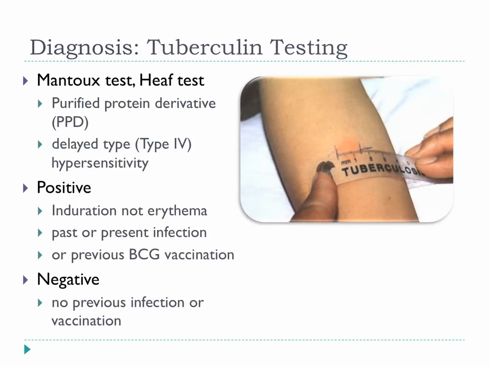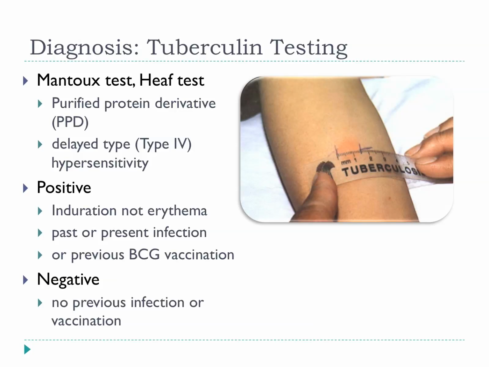An alternative approach to diagnosis used in certain constrained conditions is the so-called tuberculin testing, where you have either a Mantoux test or Heaf test, where you have this kind of pickled form of the bacterium called the purified protein derivative, and this elicits this so-called type 4, delayed type hypersensitivity. You inject that into the forearm and you come back a couple of days later and you look at this lesion here. What you're actually measuring is the hardened area. So you will see an area that's kind of gone red, but if you run your fingers over it, you can feel like a button under the skin where it's all gone hard, and that's what you're measuring.